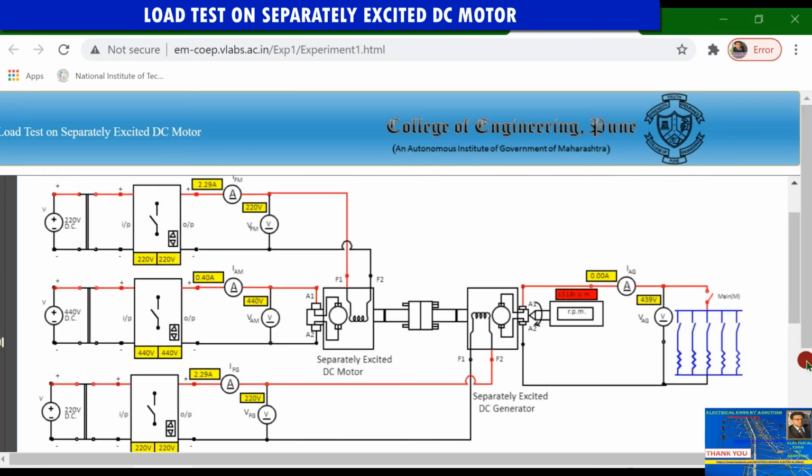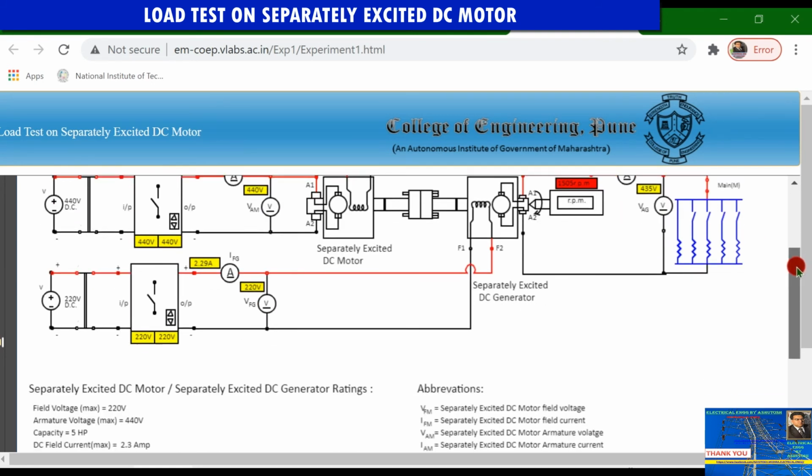First of all we have to connect the load, so that current can flow from here. Then you have to connect the mains first. Click on this red button, so mains will get connected. Still it is showing no current, and you have to click on this one electrical lamp load. Click on this, so one lamp is now connected. This is the first lamp, and the current flowing out of the generator is 1.25 ampere, and the voltage read across the armature is 435 volt.